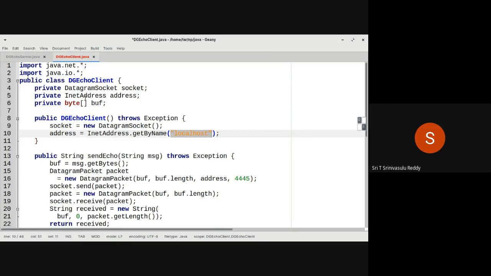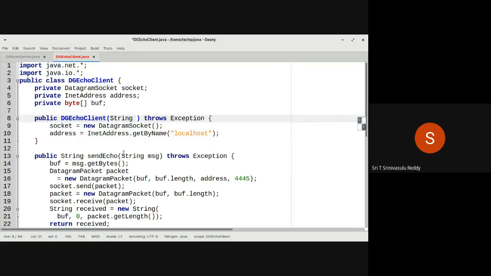That's why you have already declared InetAddress address here, and address equals InetAddress.getByName of all this. Actually, the best thing is to pass the address of the corresponding server in the form of a string. So we'll say String followed by server address.